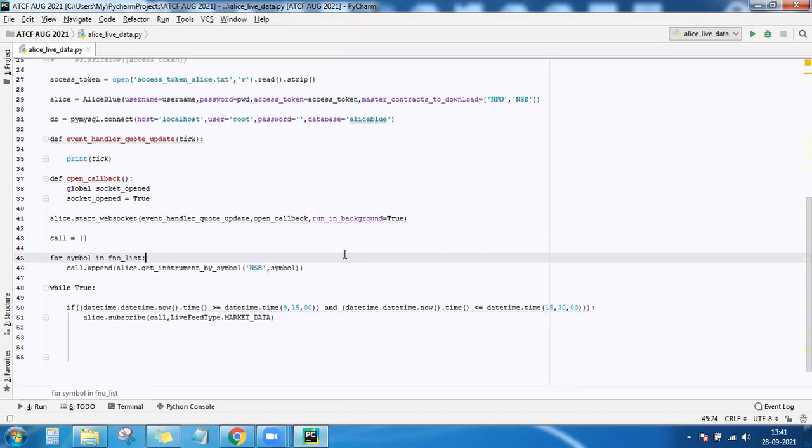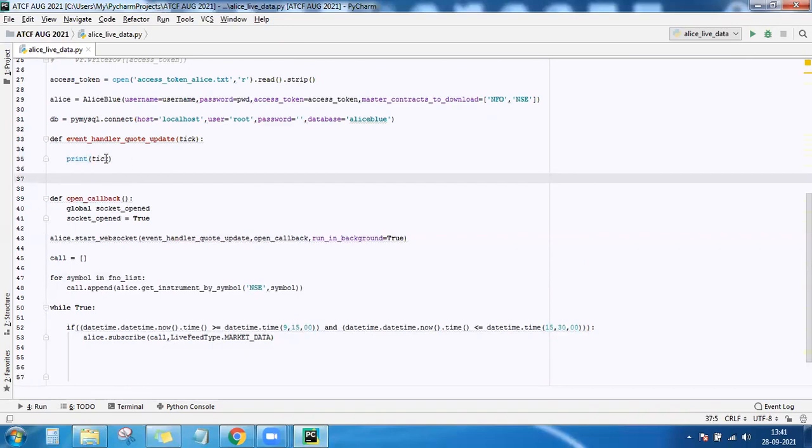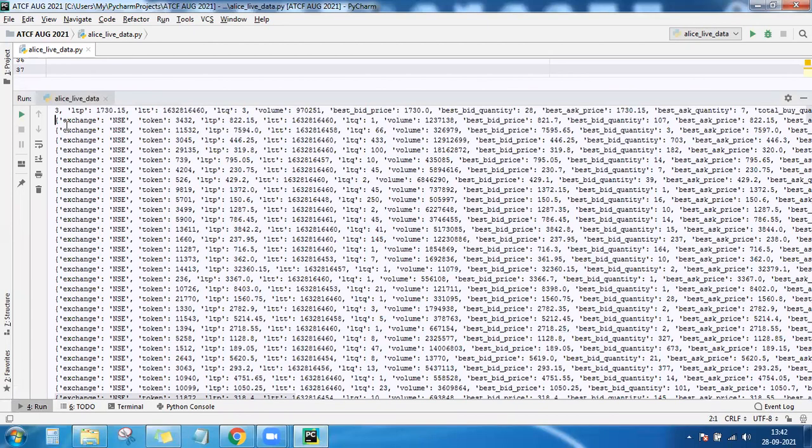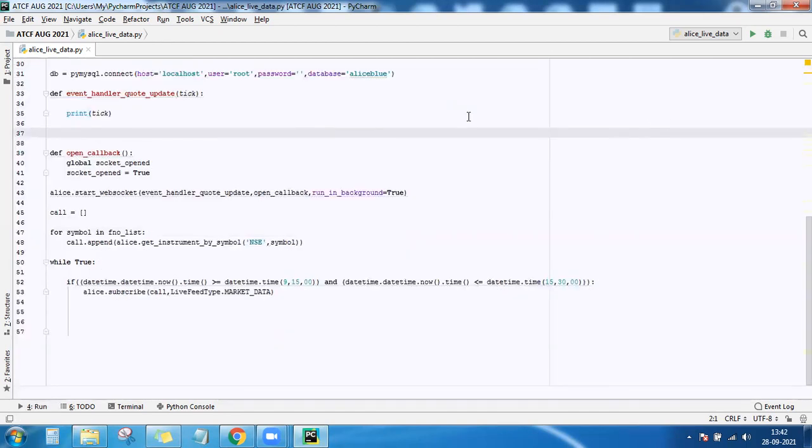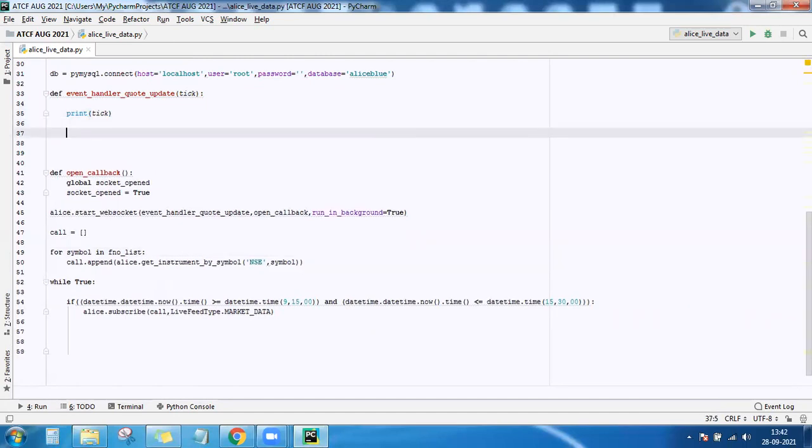Now extract this data from the tick data. So if tick contains a dictionary, from this dictionary I have to extract the values. The name of the dictionary is tick and all these are key value pairs. If I want to extract the last traded price, I will do it like this. This gives me the last traded price.